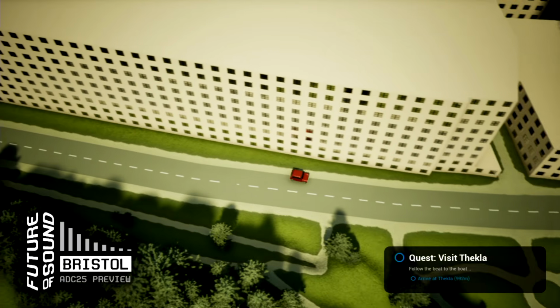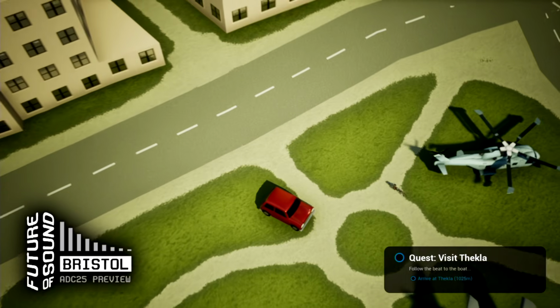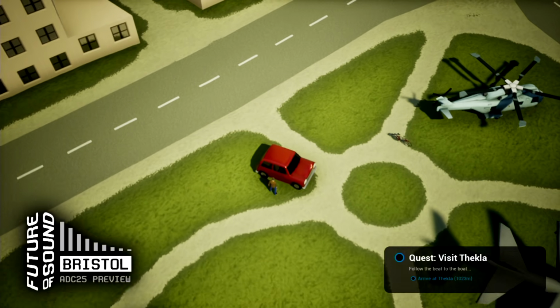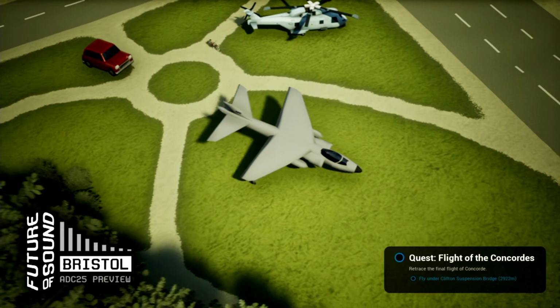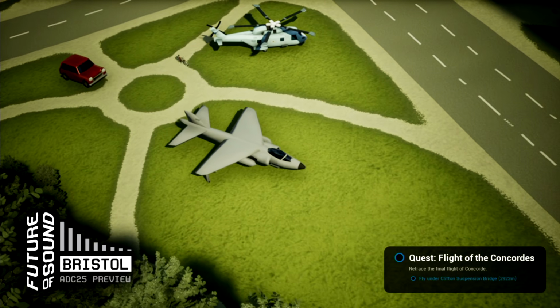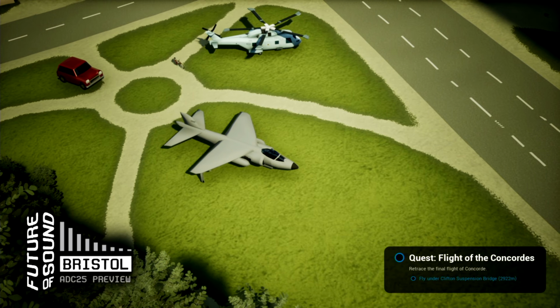Running on my poor little laptop, bless it. There we go. Slightly easier to hear the slightly louder Harrier jump jet. And this wasn't actually a feature I was intending to put in the game. Because the game is literally the size of Britain, I needed a faster way to get around.